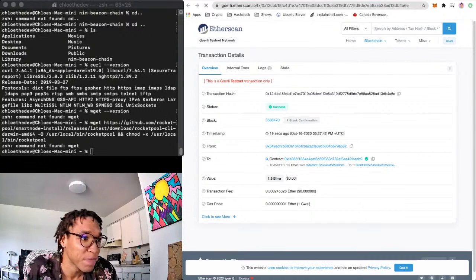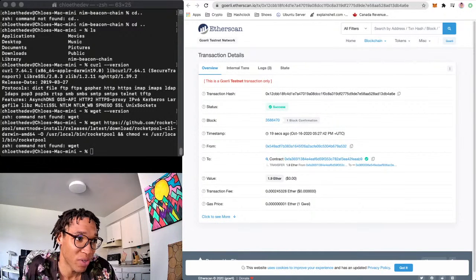MetaMask does it for me, where I can see this is a Goerli testnet transaction only. This is my TX hash. Success, 1 block confirmation 19 seconds ago. From here to this contract, we sent 1.9 ETH to the contract. And then,